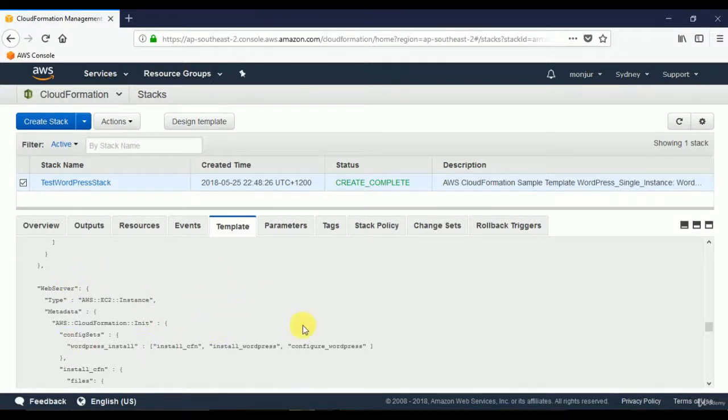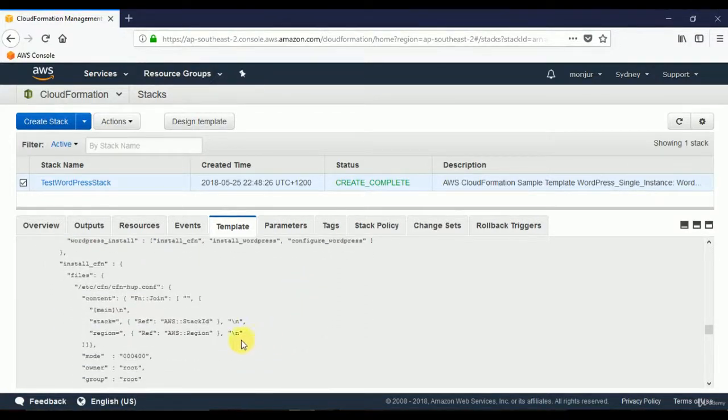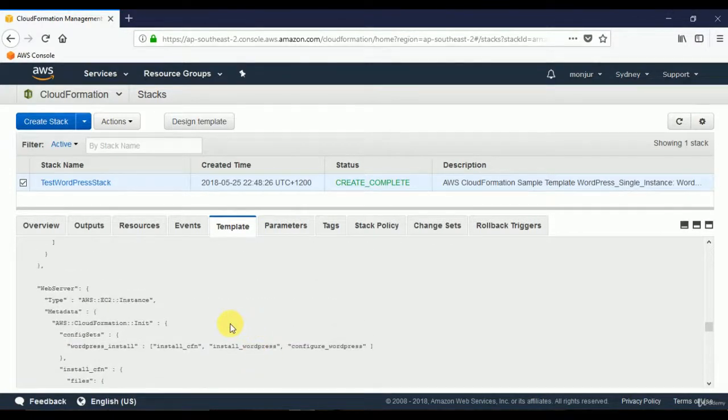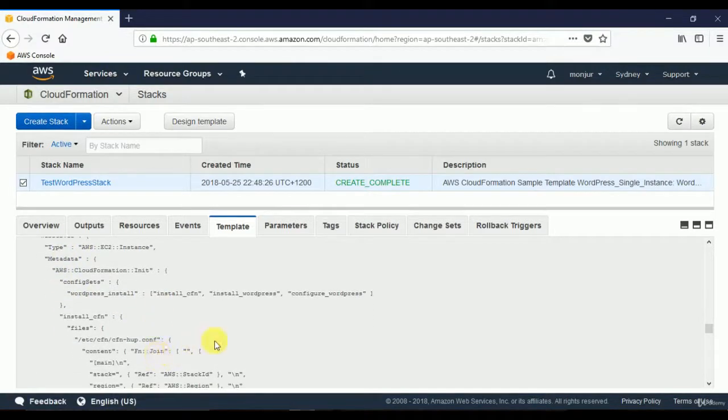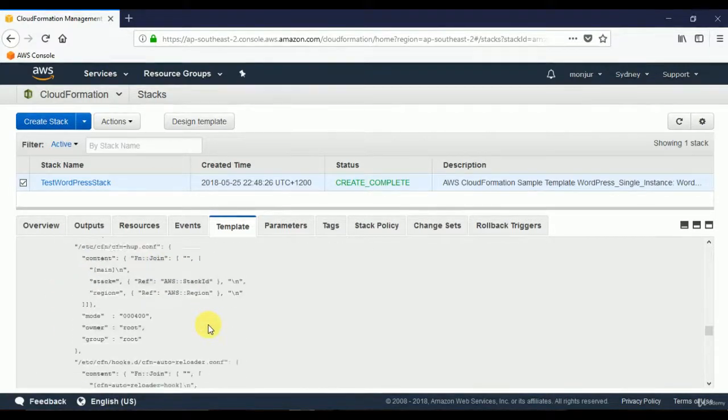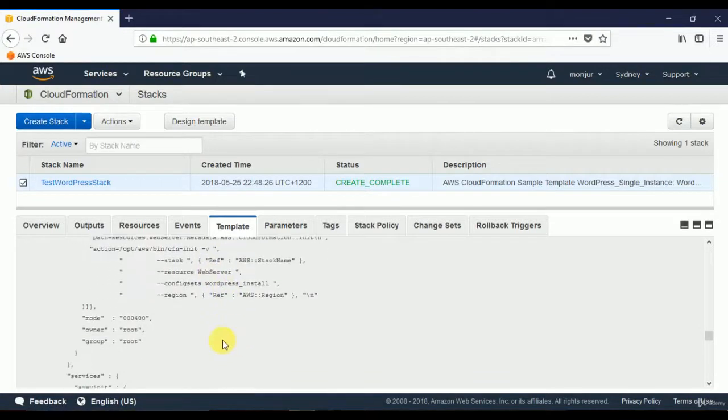So we won't worry much at this moment, as we have seen and are discussing that the template is the source file where we have the instructions, from instances, resources to parameters, security groups, everything that we needed to create the stack. And these are the instructions that we use and tell AWS that, hey, these are what we need. Please create